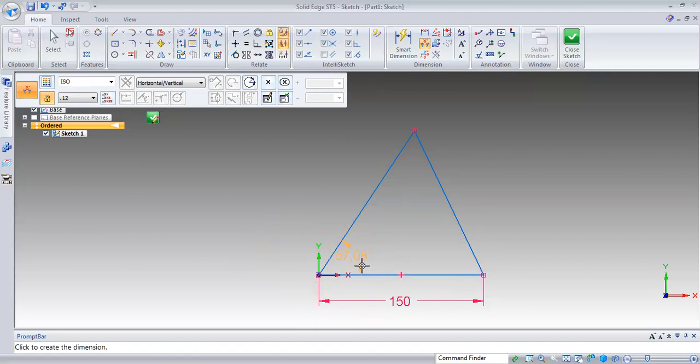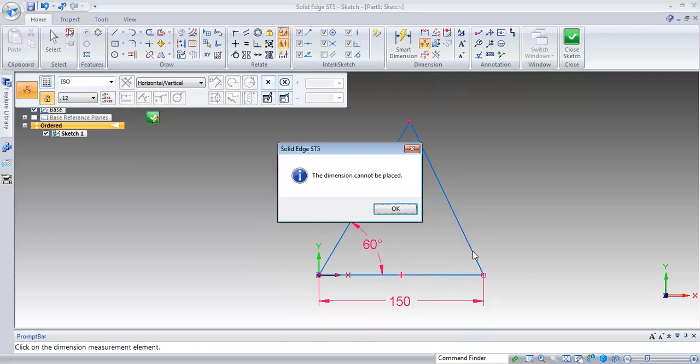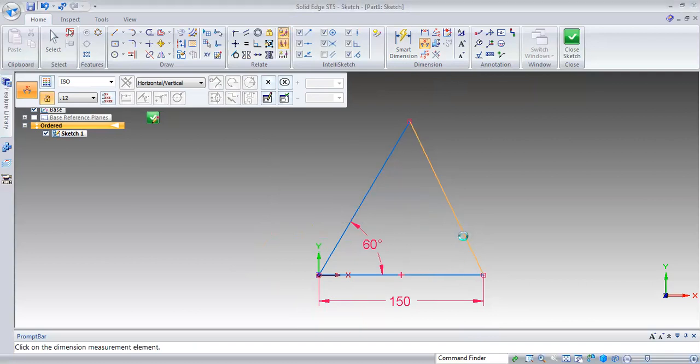Here you have to right click, left click the button, and there you can modify. Left click and modify.